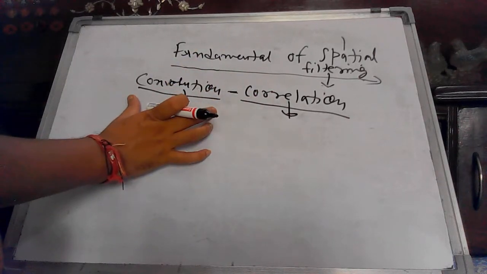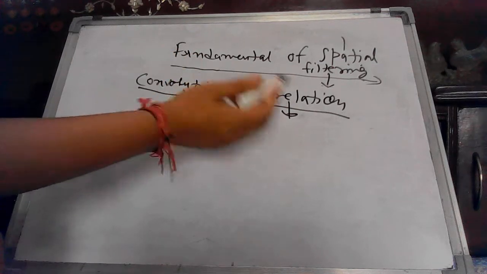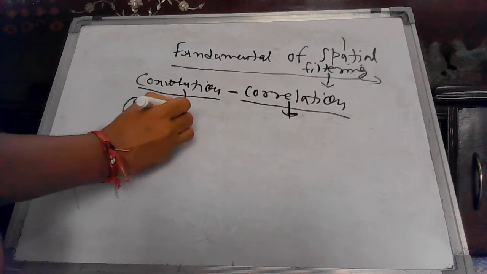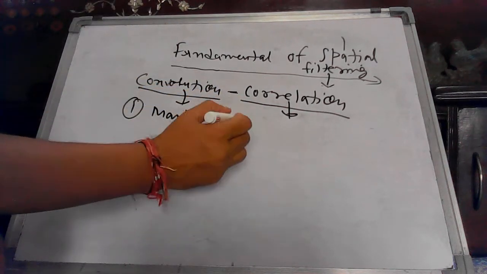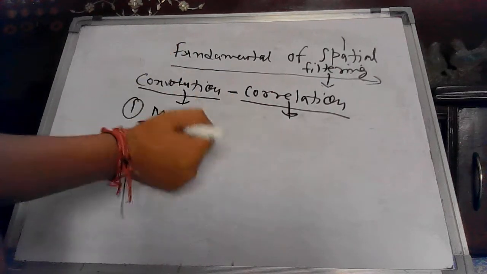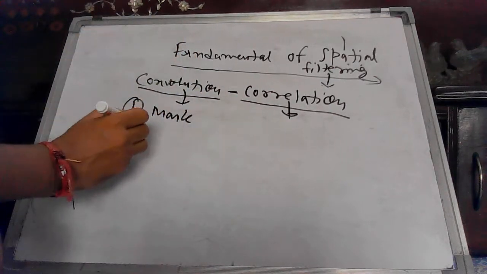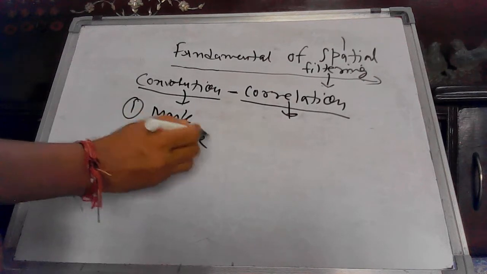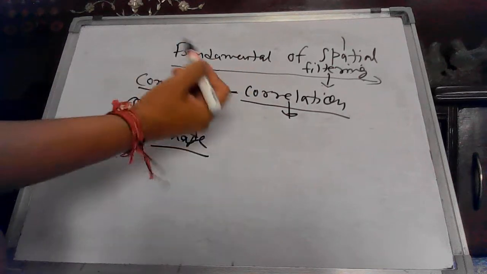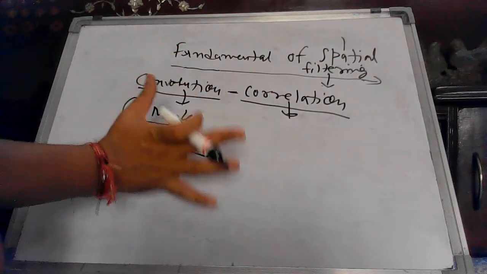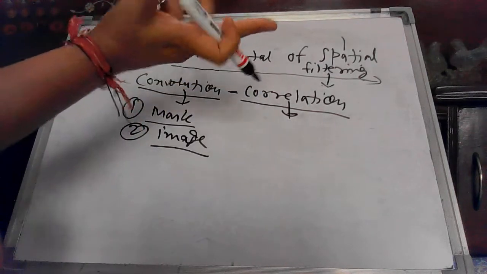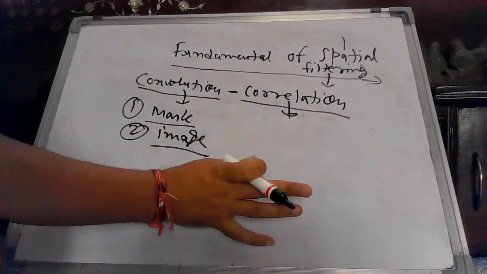So whenever you are processing either convolution or correlation, what two things will be given to you? One is a mask of a particular size. If it is a 1D array, then a mask of that size will be given to you. If it is a 2D array, then a mask of a different size will be given, along with your image. Image data will also be given to you, and you have to perform correlation or convolution. Now it is the same as the way I have told you. Masking is an operation you can perform either by using correlation or by convolution.